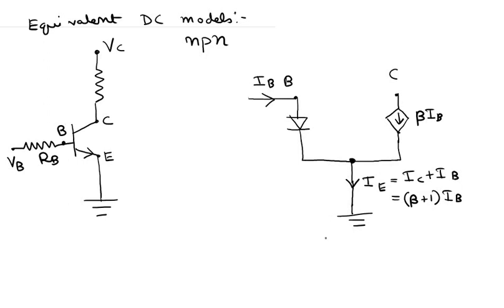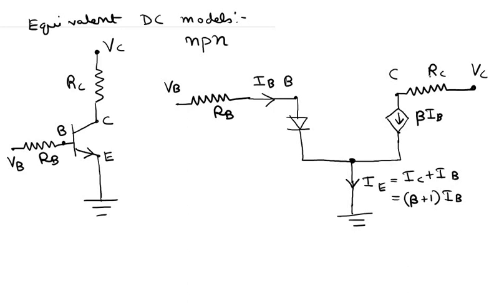So the base is actually connected to this voltage source VB through the resistor RB. So between the base and this voltage source VB, the resistor RB is present here. So RB, and between the collector and the voltage source VC, the resistor RC is present. So let us call it RC, this resistor. Okay, so between the collector and this voltage source VC, this resistor RC is actually present. So this is our voltage source VC, which is connected to the collector through this resistor RC.